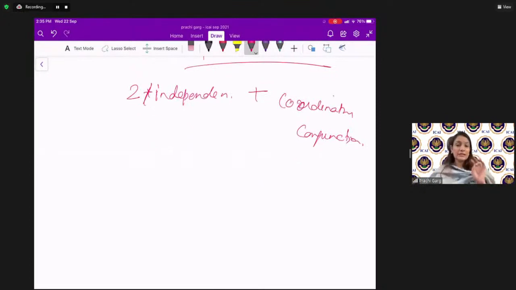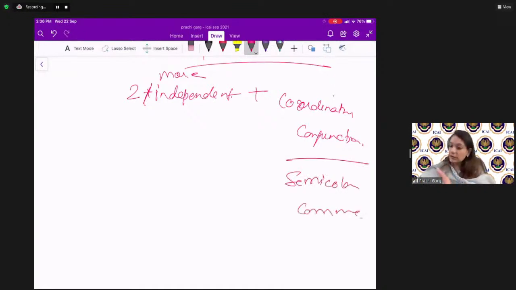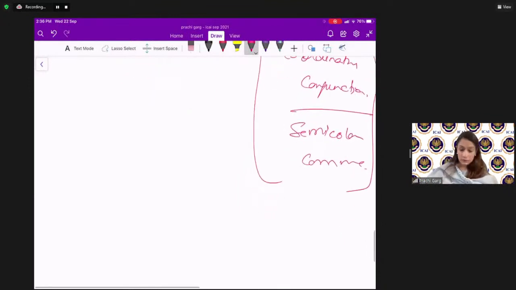Okay, so it has at least two, or it could be more, independent clauses, right? And they are joined using coordinating conjunctions, or a semicolon or comma, right? Okay, if I give you an example,